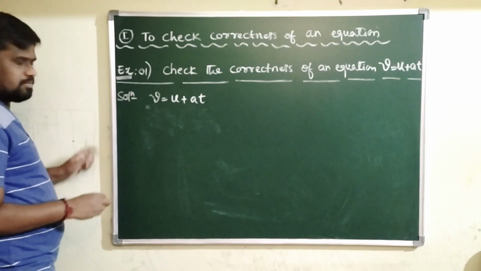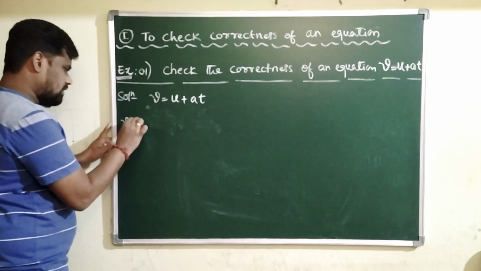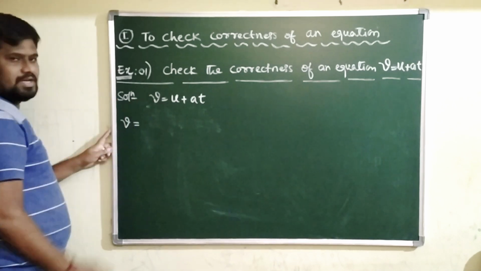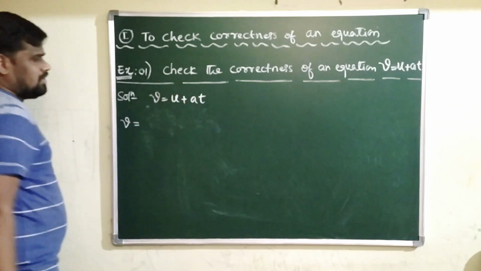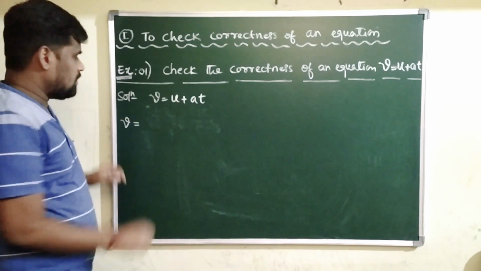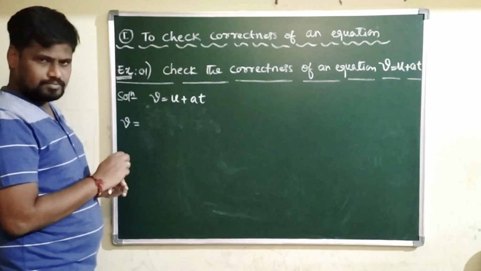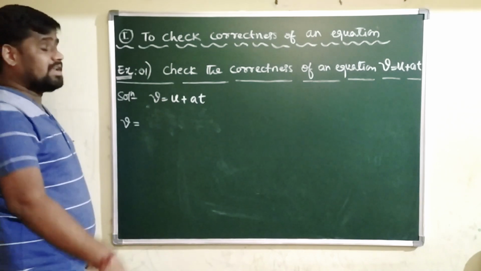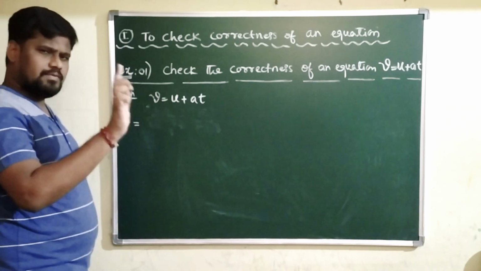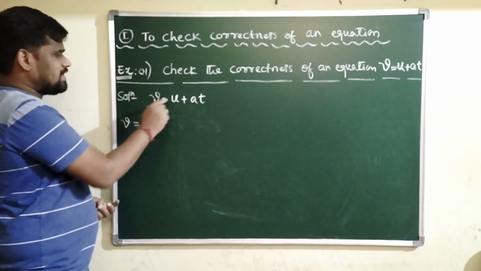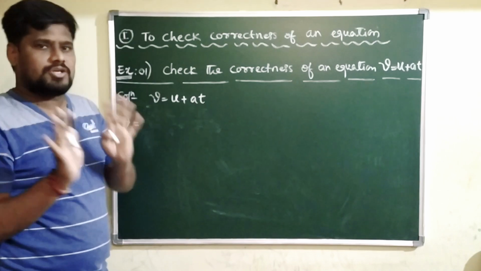Okay, what is the first term here? The first term is v. This v is generally called final velocity here. I guess you know this famous equation of motion. V is called final velocity, or simply a velocity. And u is called initial velocity. Of course, v as well as u, both are velocities here.